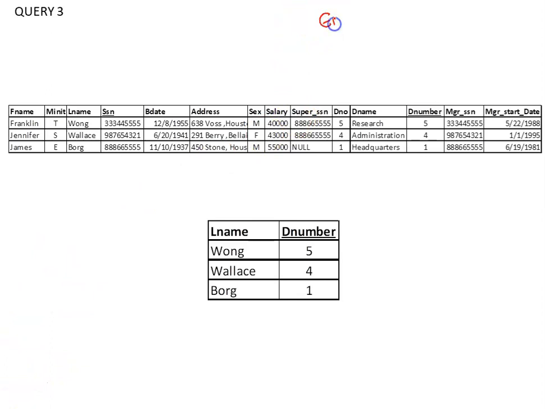I'll rewrite the query: employee join department. The join attribute is SSN equals manager SSN.